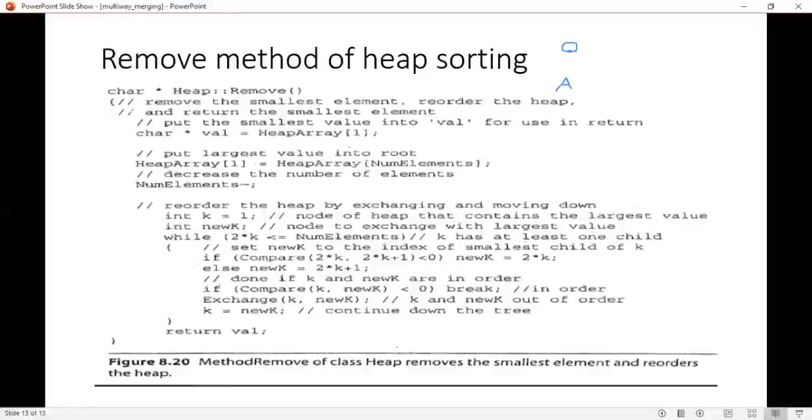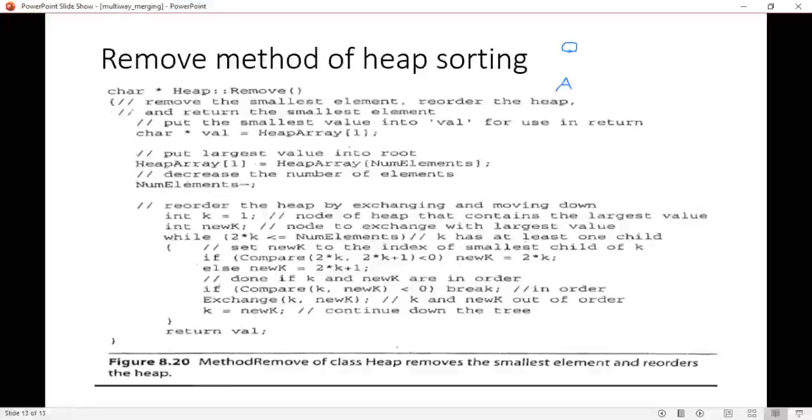In that case you have to compare both the child elements, left child and right child, and see which child has the lesser value, and that particular child you have to copy to new k.